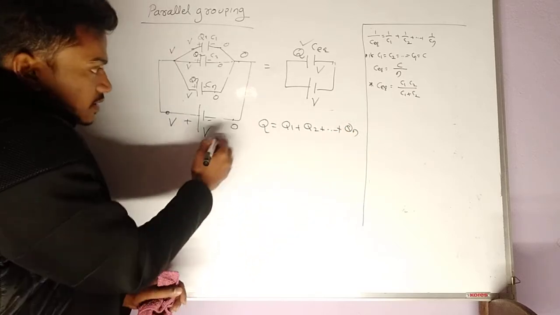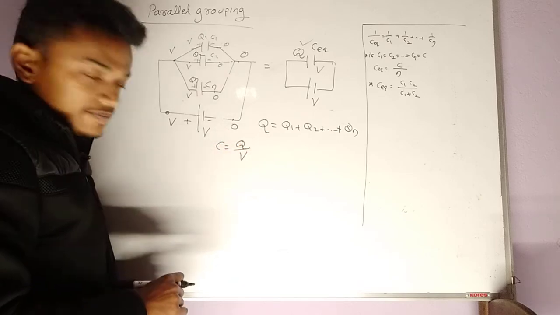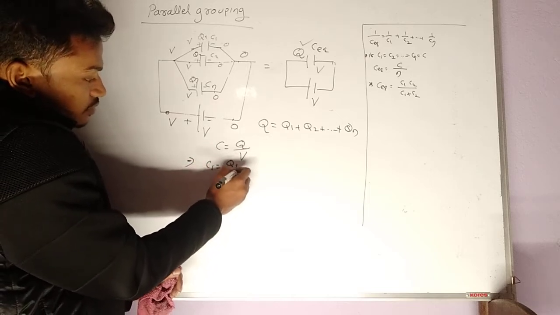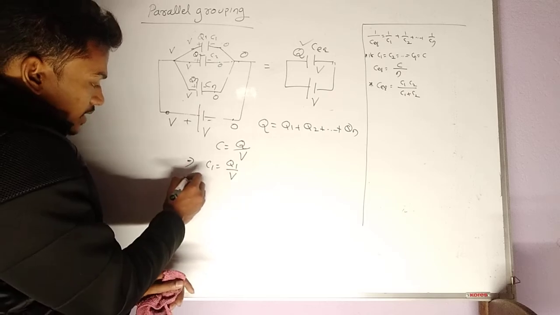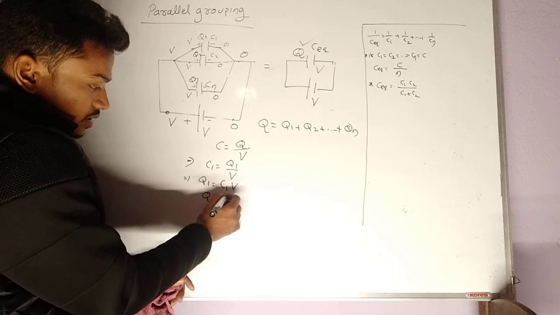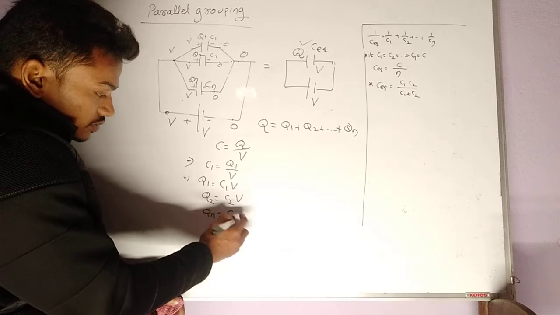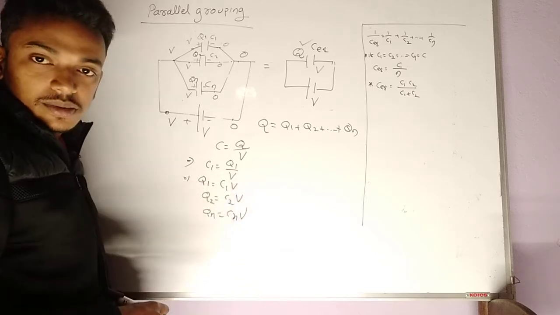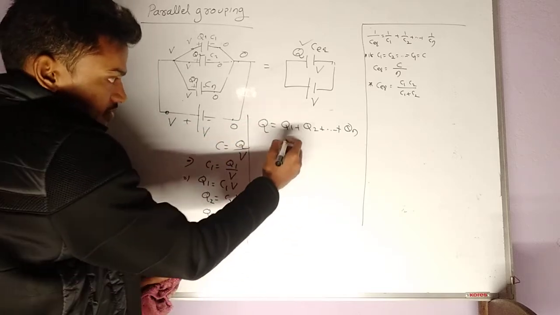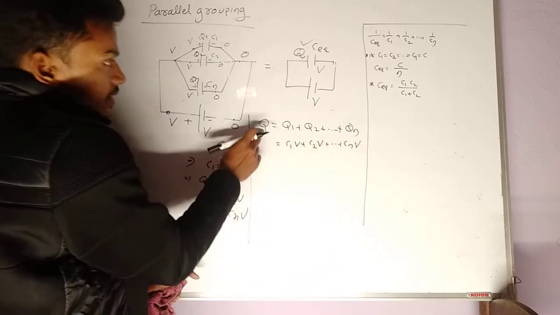As you all know that capacitance C is charged by potential difference V. So we can write C1 is equal to Q1 by V. This implies Q1 is C1V. Similarly, Q2 is equal to C2V, and Qn is equal to CnV. So putting this in this equation, Q1 is C1V and this is C2V up to CnV, and Q,